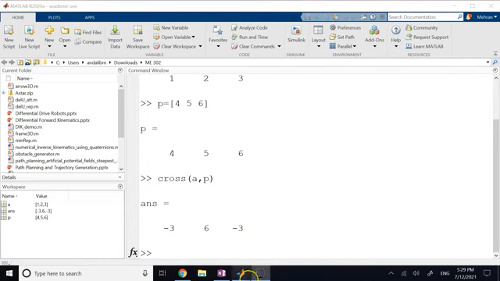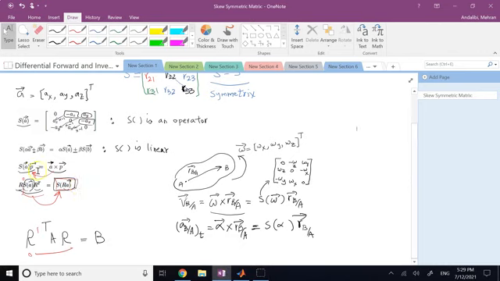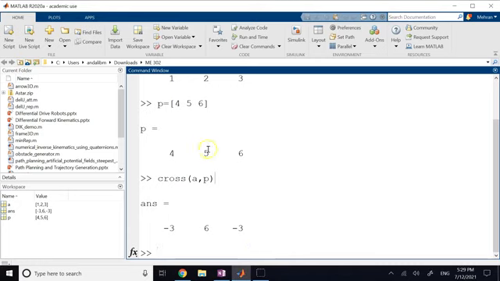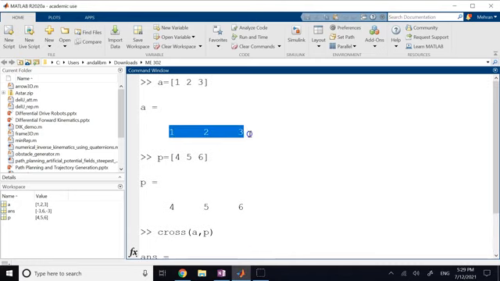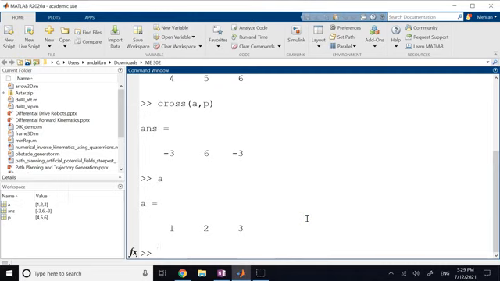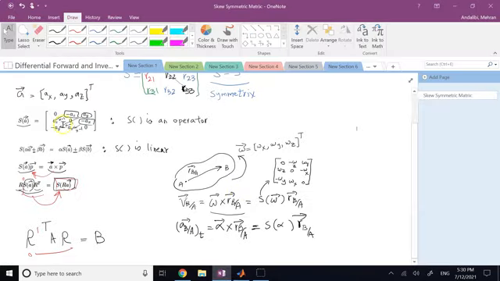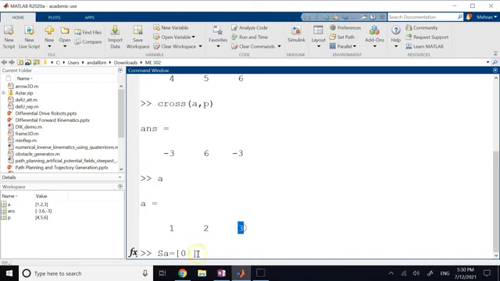Now what we need is to calculate S of A and then multiply it by P and see whether we get the same thing. Since that is my A, S of A is going to be what? It is going to be 0, right? And then if you remember, it's -AZ, AY, -AX, that corner. So let's do it. -AZ, AY, then